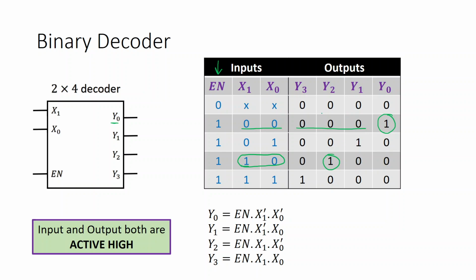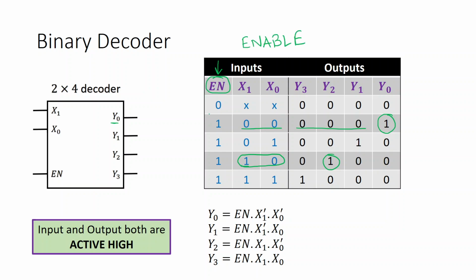So in a decoder, the output table is very easy. Only one of the outputs is going to be 1, and the other outputs are going to be low, or only one output is going to be active. Here it is 1, and the other outputs in this case are going to be 0. Now I hope you understand the input output mapping, but one additional input we are seeing here is also something we are noticing for the first time in our combinational circuit design, and it also has a very important role to play. This is the enable input.